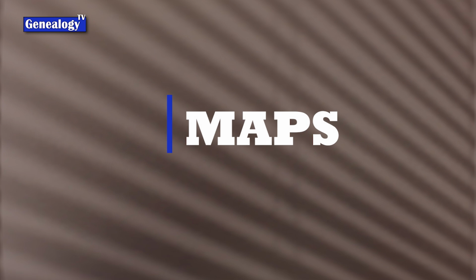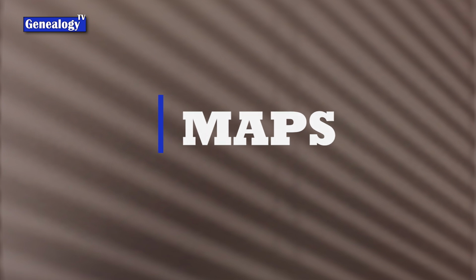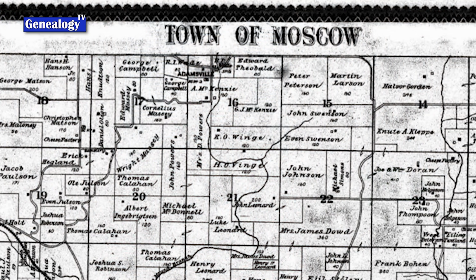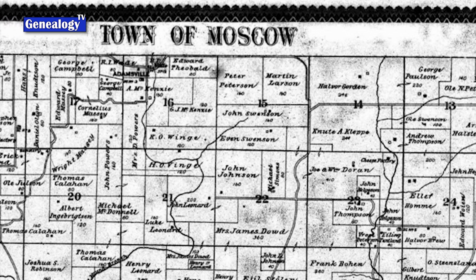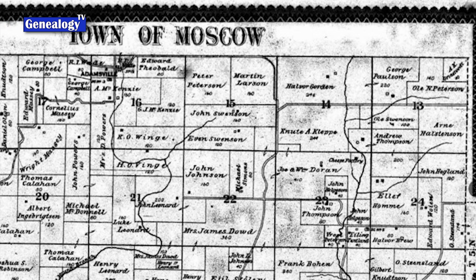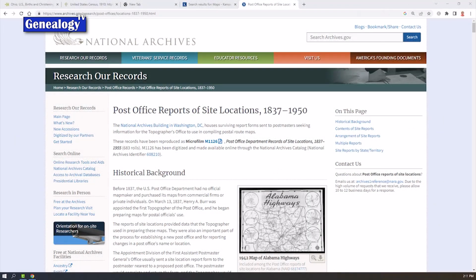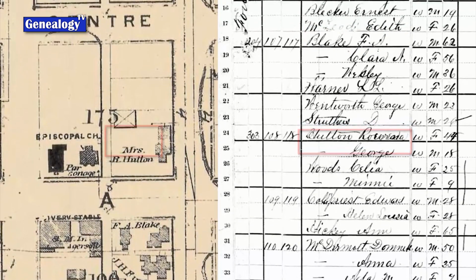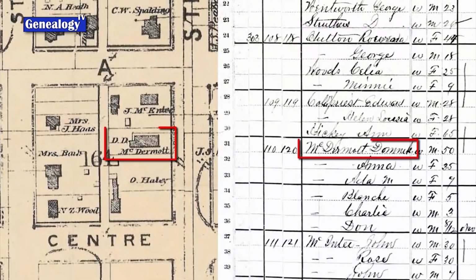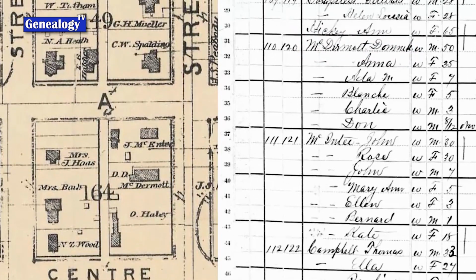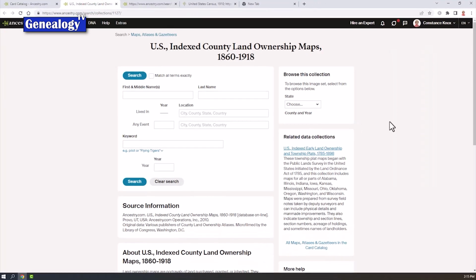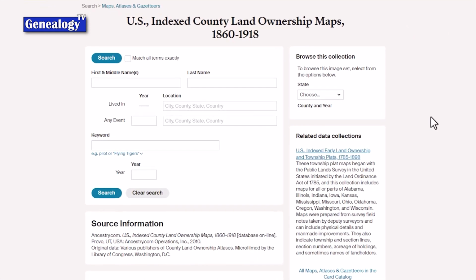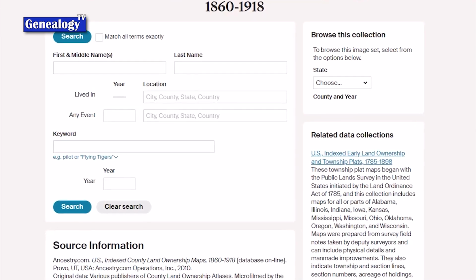Don't forget maps. Often we can find a lot of information in maps, and you can find those at your local library, state archives, both in person and online. If you can find them, postal maps are great, but a lot of these old maps have our ancestors' names labeled on the houses, especially postal maps. They're hard to find, but if you can find them, they're a huge help. And a lot of times with those neighbors, you can actually figure out, you could follow some of the old census records and stuff. It's very cool. I love maps. Ancestry has U.S. indexed county land ownership maps from 1860 to 1918. So make sure you check out those.